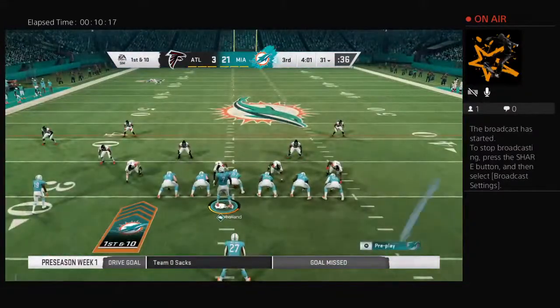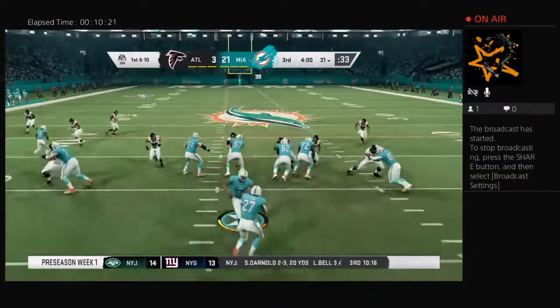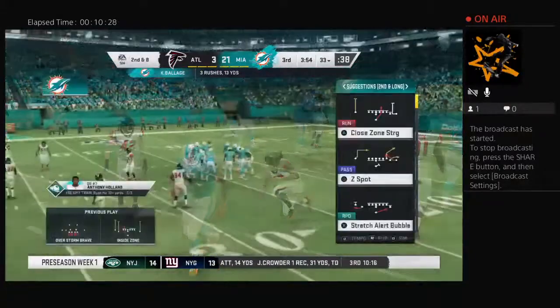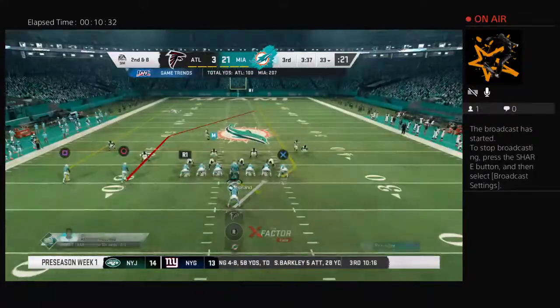Line of scrimmage, the 31 now on 1st and 10. They'll start on the ground with Balaj. 2 yards on the carry there. It'll be 2nd down. Brandon, we talk all the time about those hybrid players, guys who can do more than